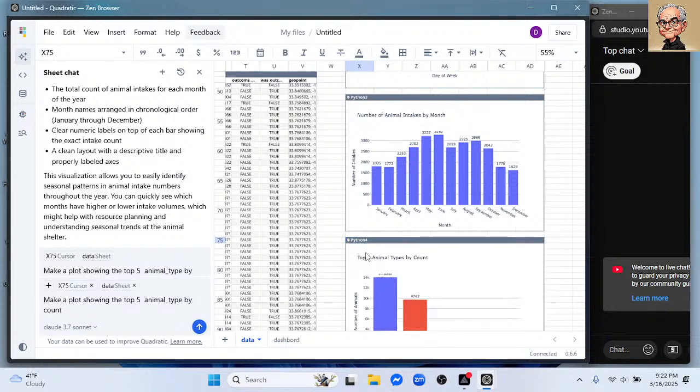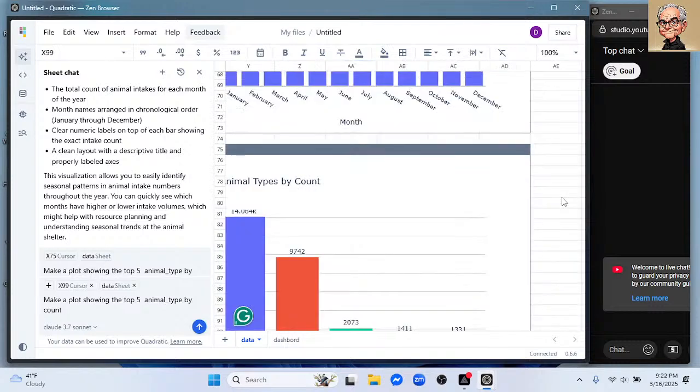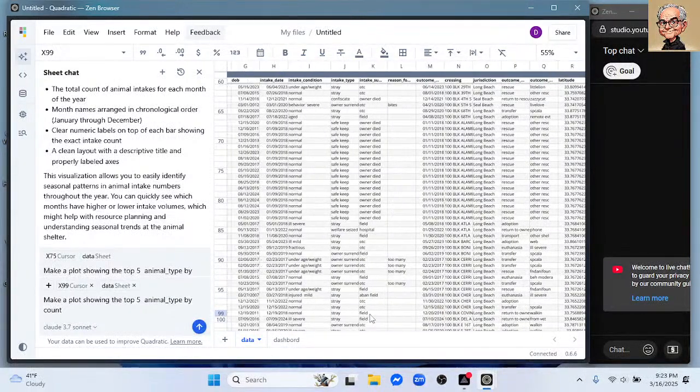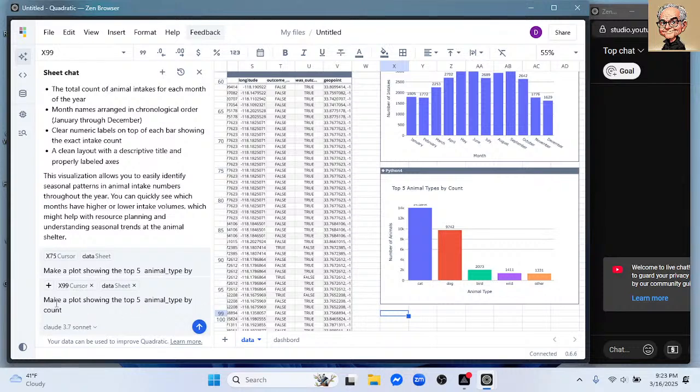Okay. So we got here. Okay, good. Cats, dogs. Okay, good. So let's come down here. Let's do one more. So, like I say, all these plots look pretty good to me, all right? Intake condition, all right? The thing that's kind of strange, it leaves the question there. The other thing that's missing is